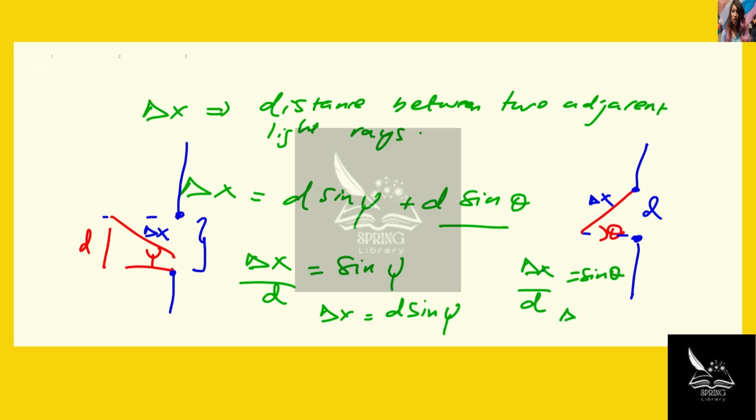Maybe we can call this delta x1 and this delta x2, so delta x2 equals d sine theta. So you're combining the two, delta x1 and delta x2, and that's going to give you delta x. That's the distance between two adjacent light rays. So if we jump on to the next page,